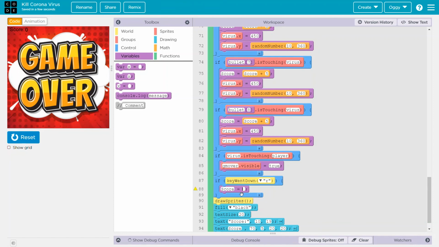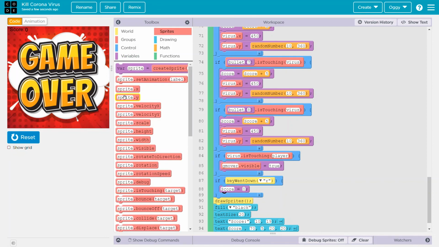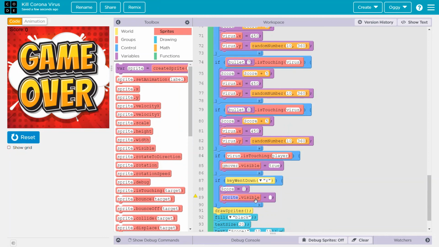Score is equal to 0. Then the game over sprite should not be visible. Visible, so I will set here false,